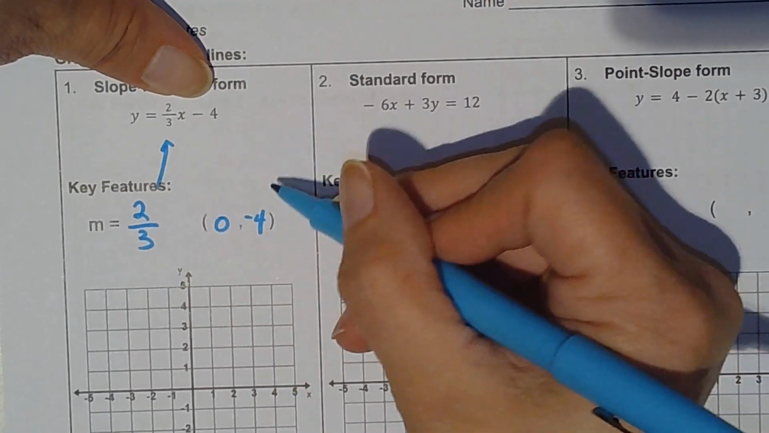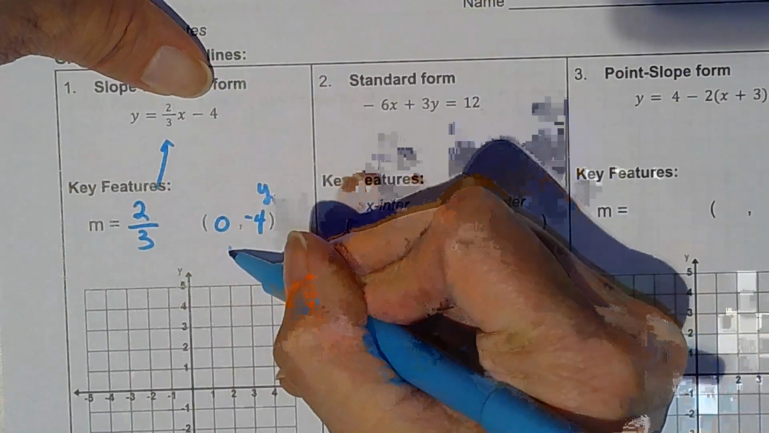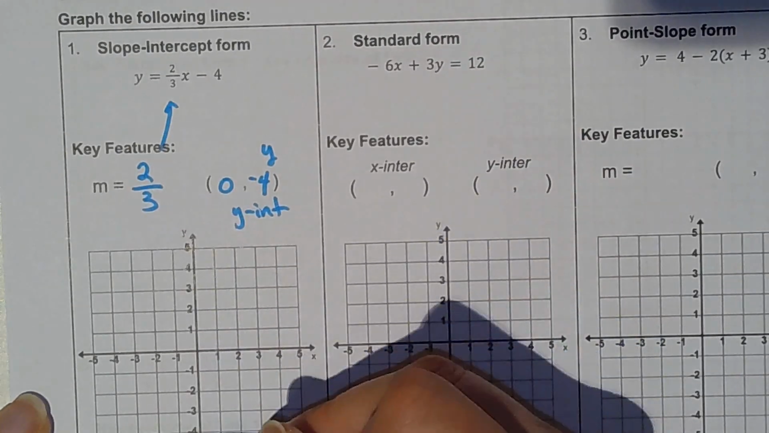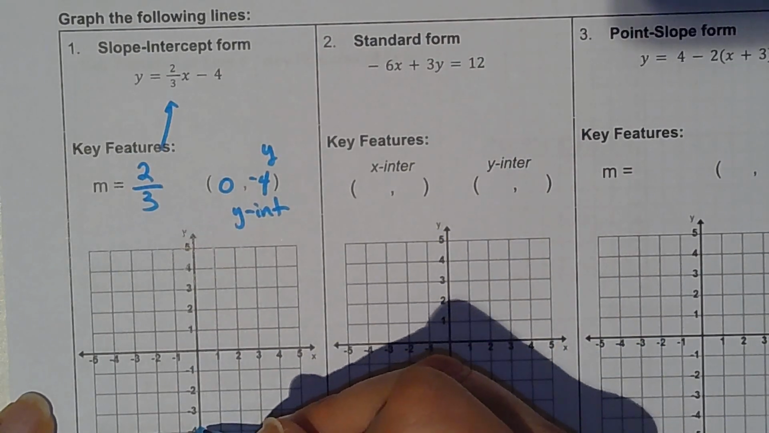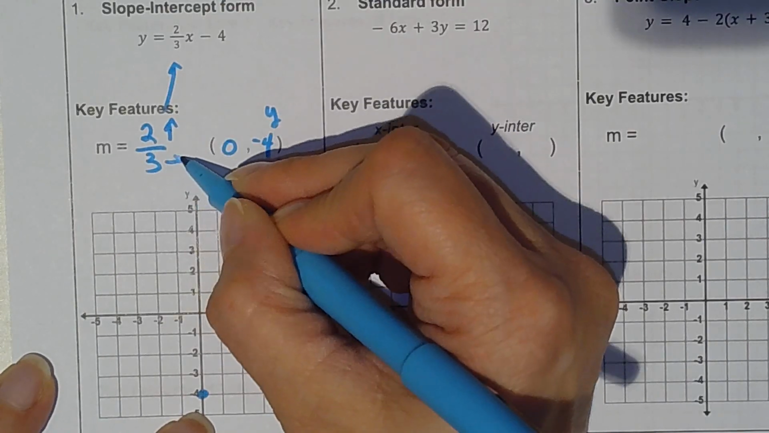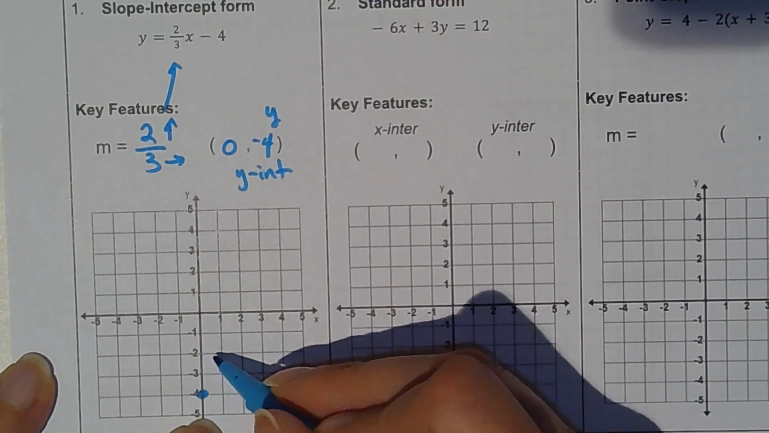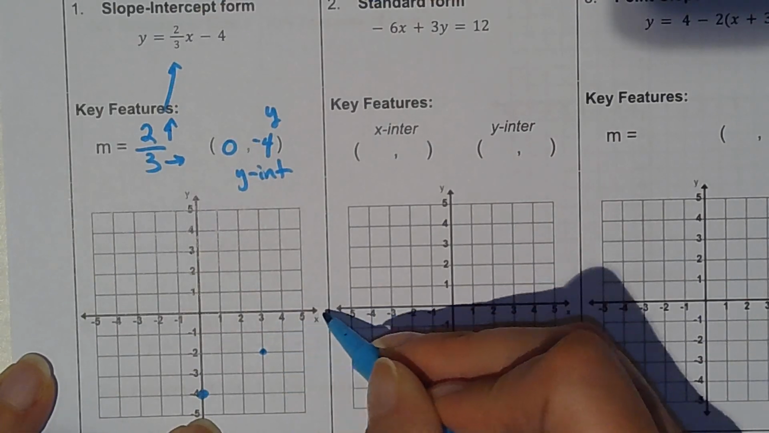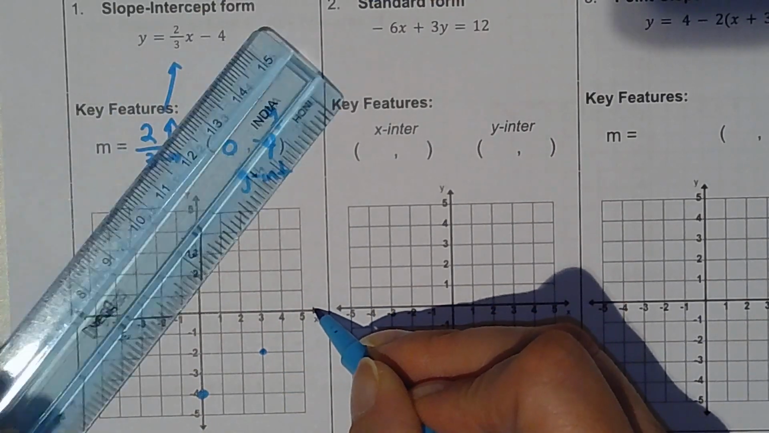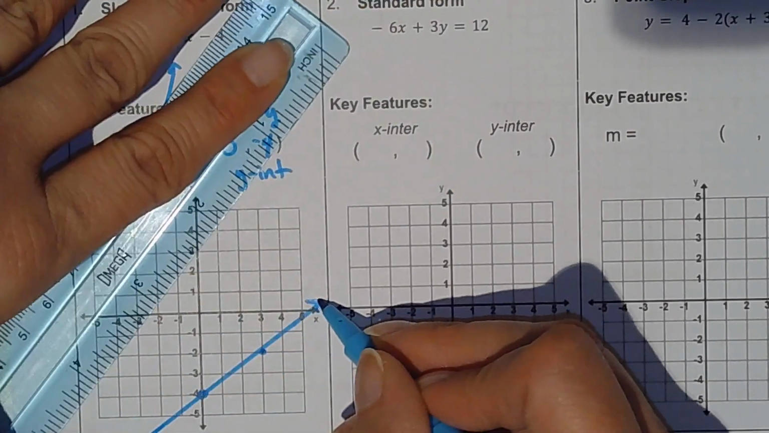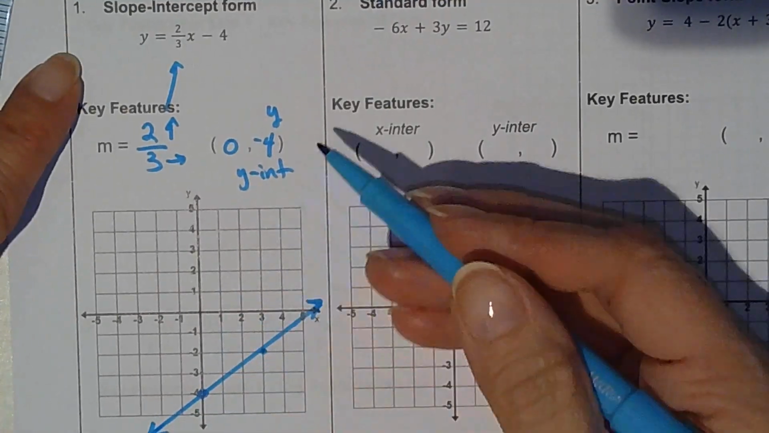It always has a 0 for x. This is the y-intercept. The point is on the y line right down here. And then I will use the slope. Up 2 over 3. Up 2, 1, 2, 3. Up 2, 1, 2, off the graph paper. When you draw your line, make sure you make a nice long line with arrows